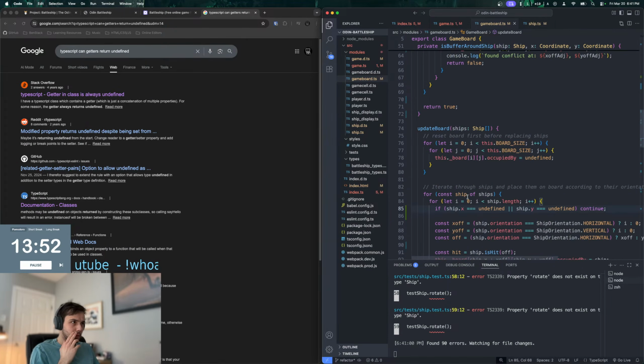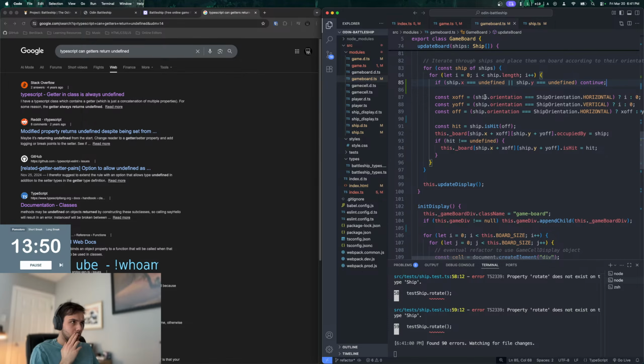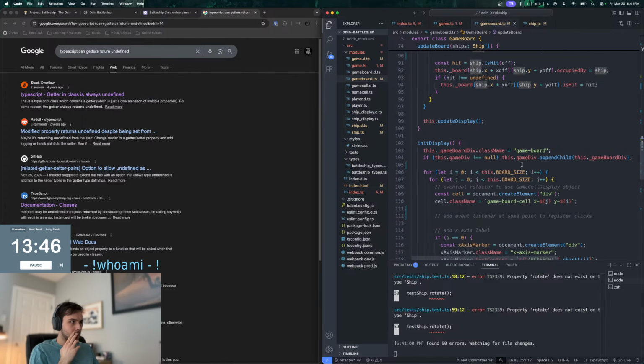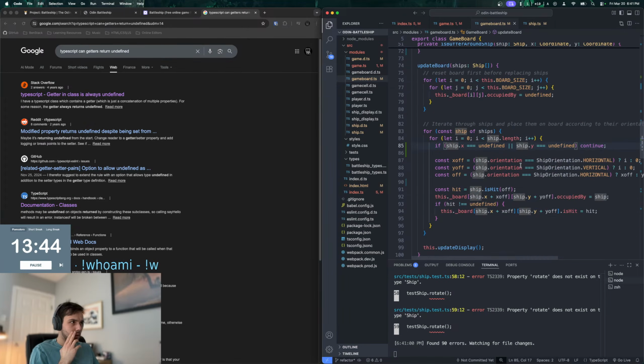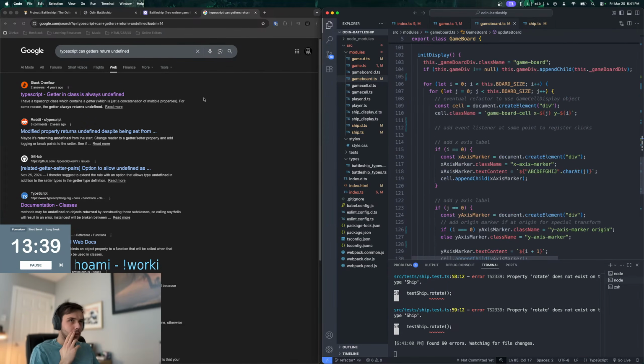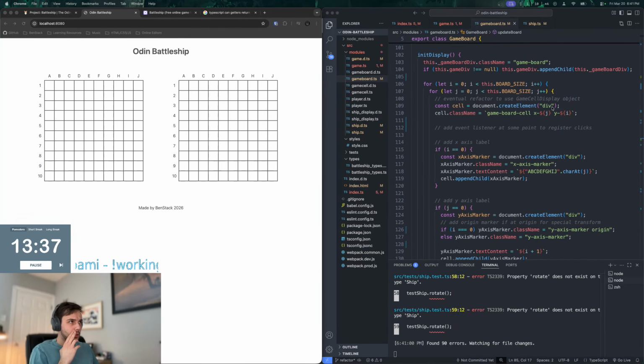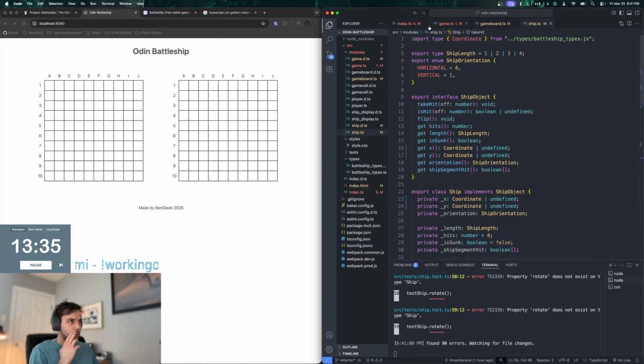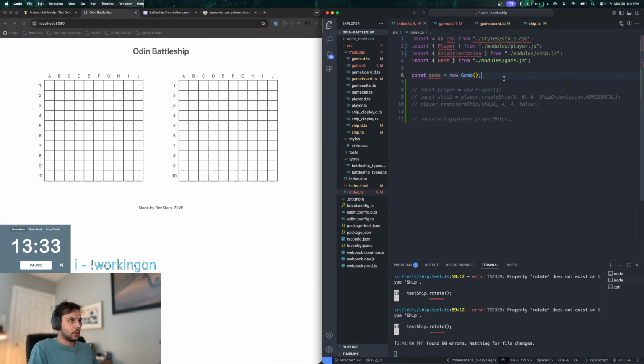Is valid, is buffer around ship, update board. Okay, so it only updates the position if ship.x and ship.y are defined. So now we should be good. Now even if we do define a ship,